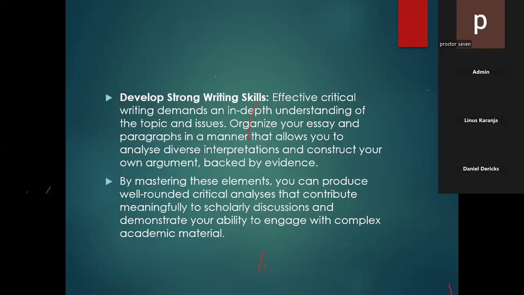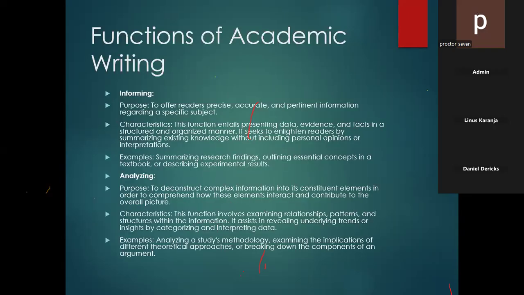Are we able to argue and support our points of view using evidence? So you should construct your own argument and you paraphrase. You use your own words to paraphrase. Don't just cite everything. Some of you, when you're talking about Faraday, you just copy paste what Faraday has said. That is wrong. Paraphrase. Use your own words. Read, understand, and use your own words to argue as you continue. Paraphrasing is a mark of strong academic writing skills. So by mastering these elements, you can produce well-rounded critical analysis.